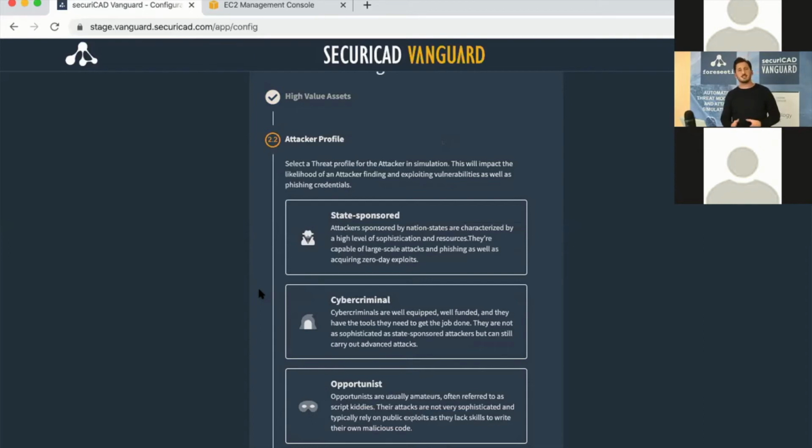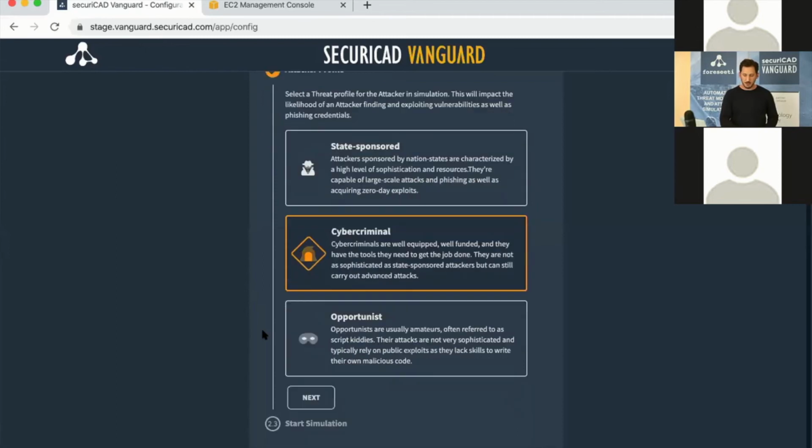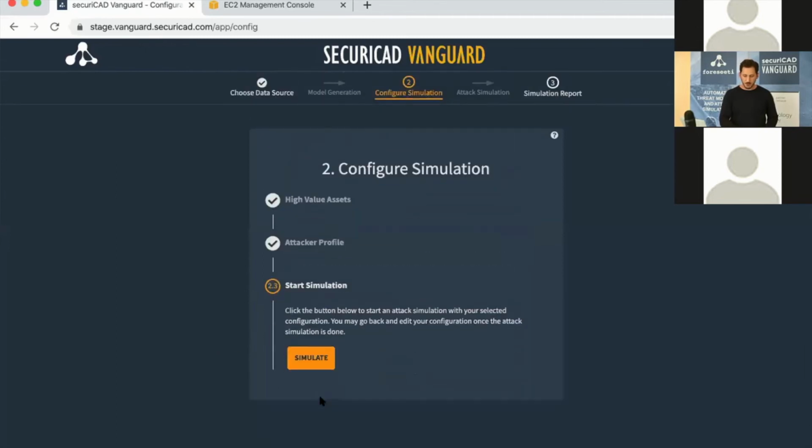And this will tune the probabilities in the simulation. So how likely, for example, is it that an attacker will phish your users, or be able to develop new vulnerabilities in the simulation? And of course, state-sponsored attackers are the most capable ones, and they will typically be able to do spear phishing attacks and things like that. But for the sake of the demo, I will pick the middleman here, the cybercriminal,